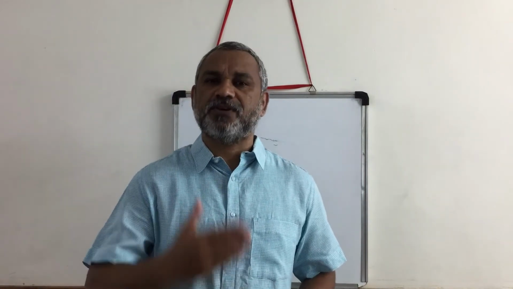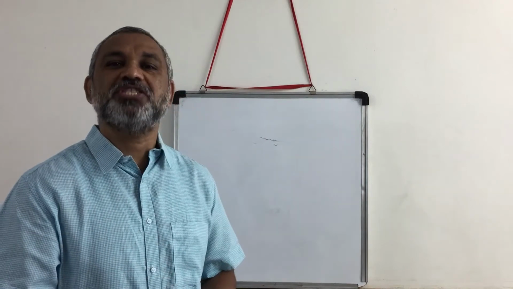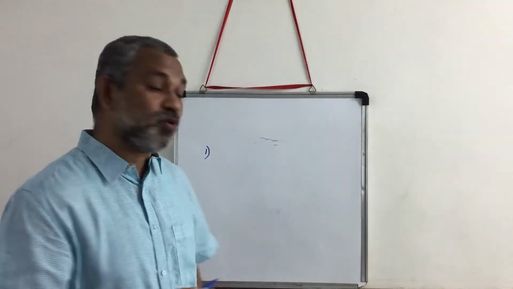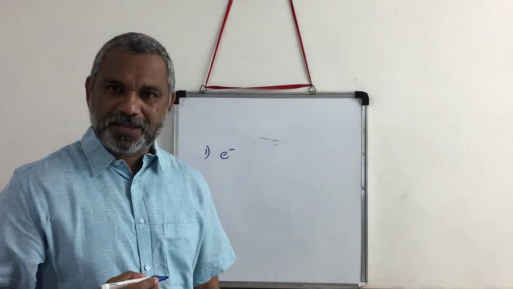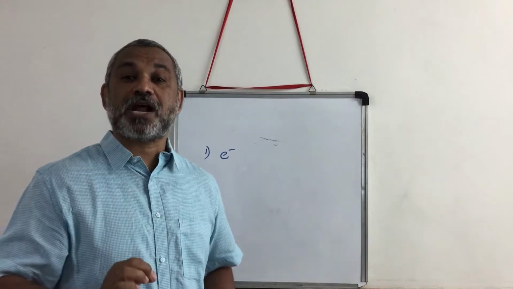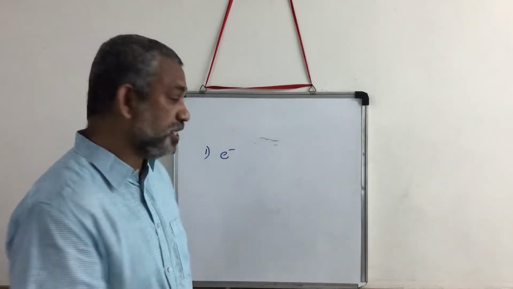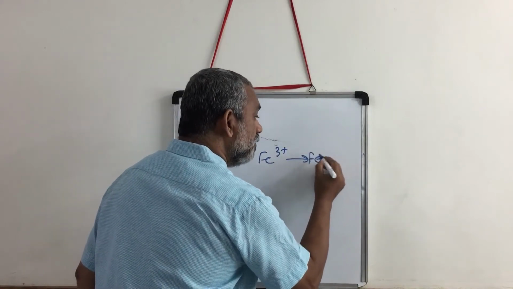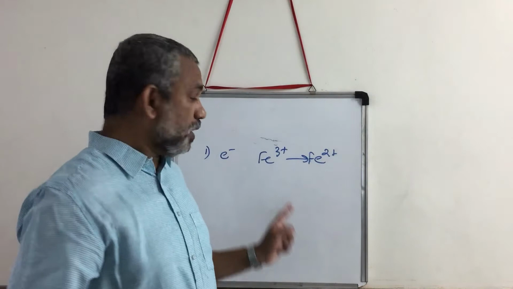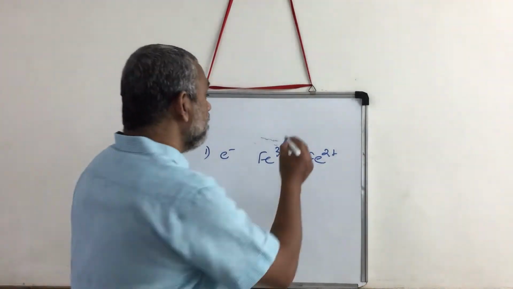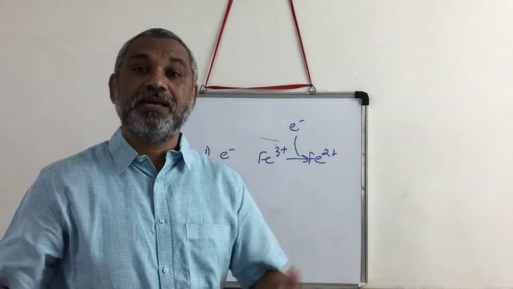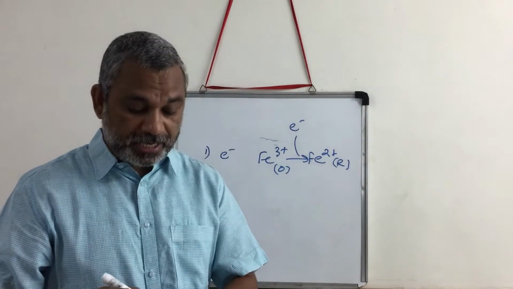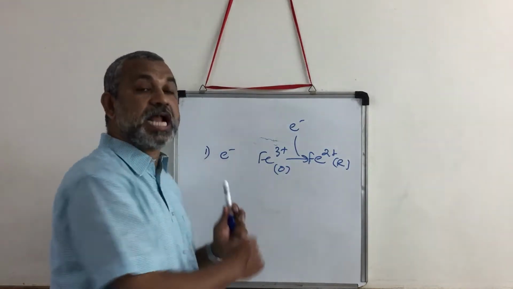Electrons can be transferred in three ways. Which are the three ways? The first way is as electrons. You will see this kind of electron transport in the electron transport chain, especially when Fe3+ is converted to Fe2+. From the ferric state to the ferrous state, it adds an electron and becomes the reduced form. So an oxidation reduction reaction is associated with the transfer of an electron.